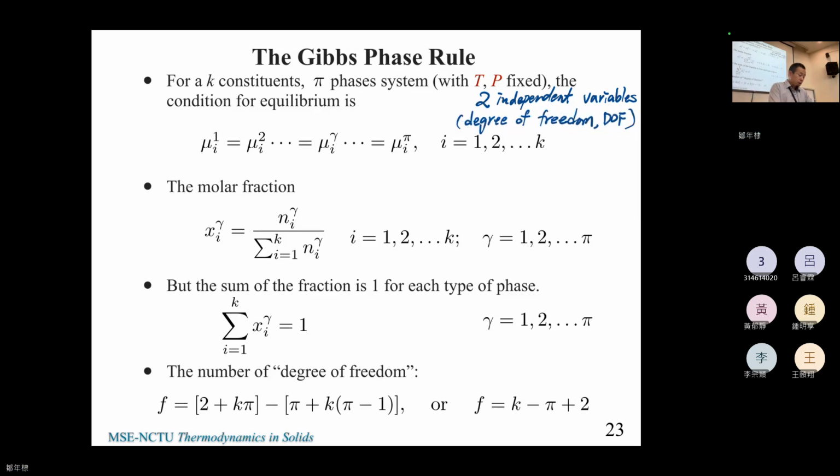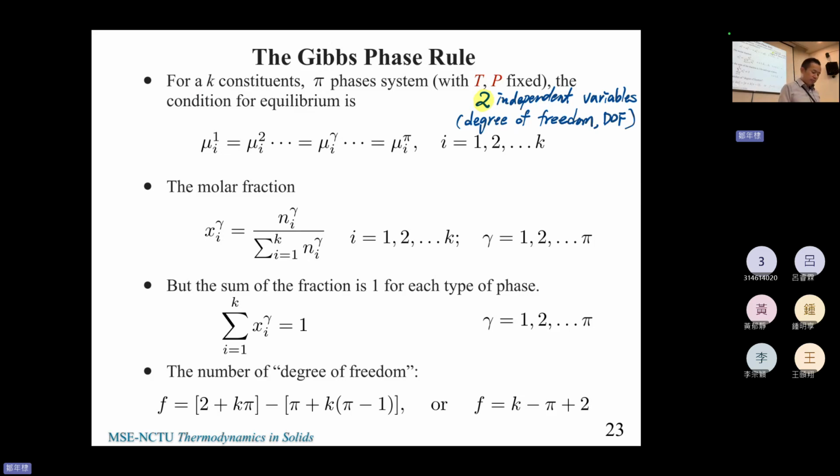All right, so I use yellow. Degree of freedom: temperature and pressure are fixed. However, because this is a material, the material has its law or rule to obey. What does that mean? If you have an equilibrium state material, if you have many particles, materials in that system, and each of them may have